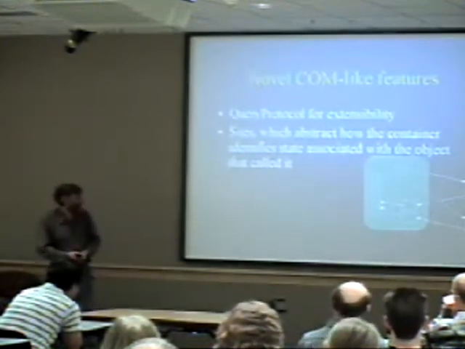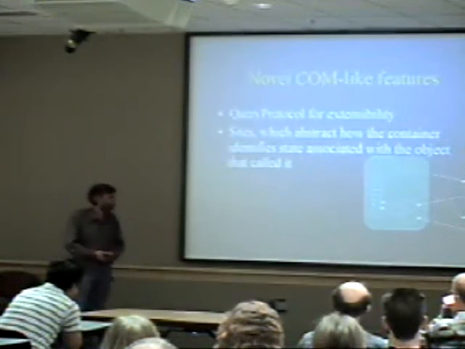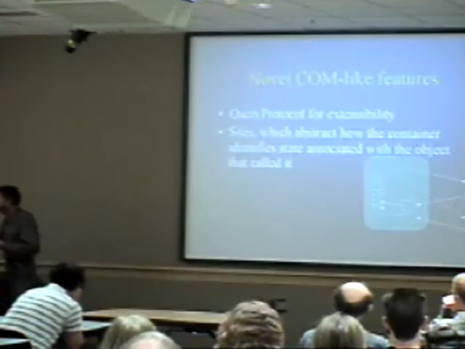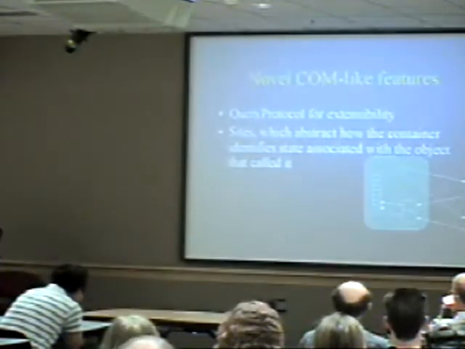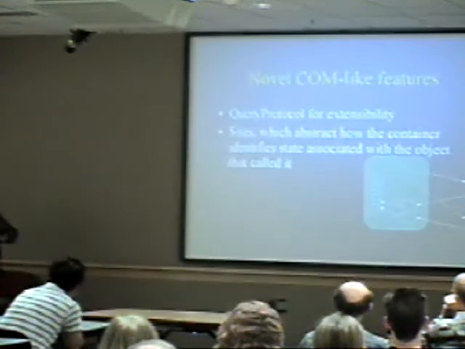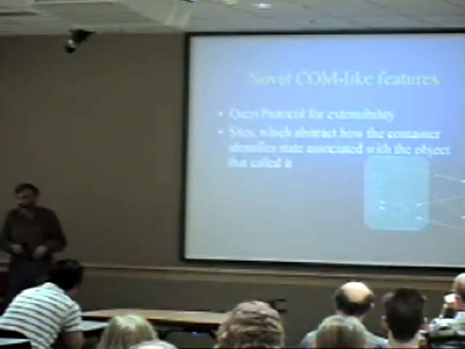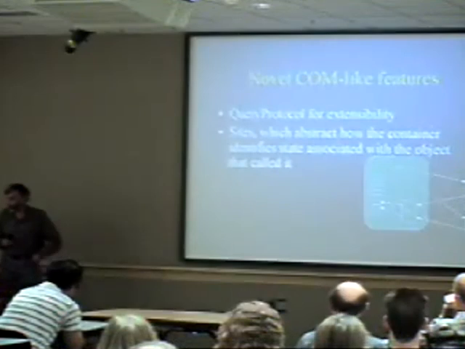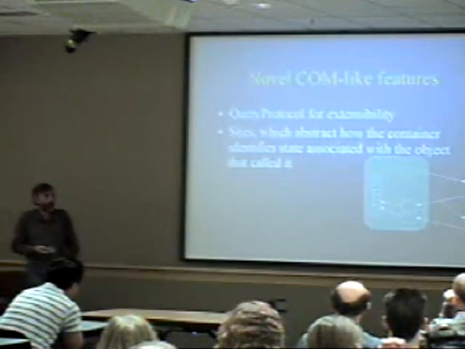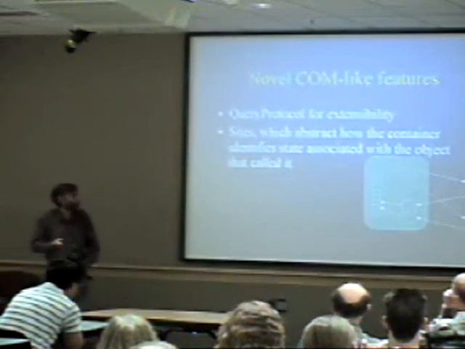And I said, I think I can abstract all of that. I can give each object a unique site that it sends messages to. And it doesn't have to send any identifiers along because they're one-to-one. And inside the site, the container has stored whatever it cares to store to identify that object. So it could be an ID that it's assigned, it could be a pointer to some internal data structure that it's maintaining, anything it wants. All I've done is to try and abstract that notion. This is something we reiterated again in COM, or rather in OLE 2.